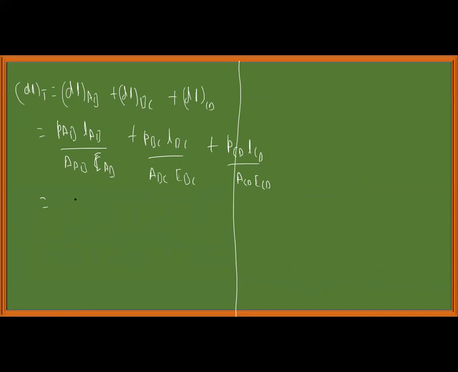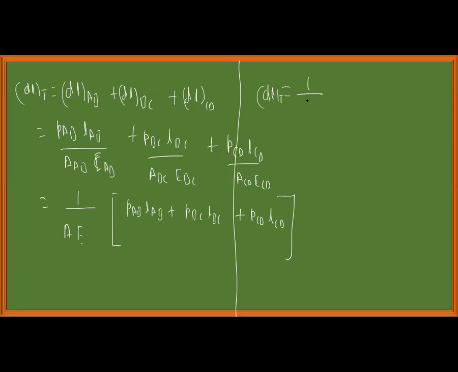I'll take it common. I'll write for your convenience: 1 by A into E, which is equal to P of AB, L of AB, plus P of BC, L of BC, plus P of CD, L of CD, or I can write it as the total deformation, which is equal